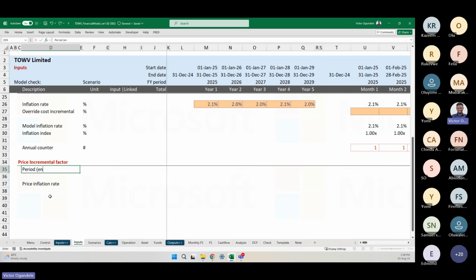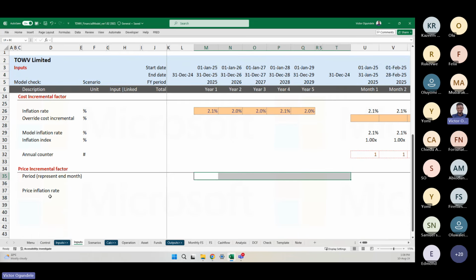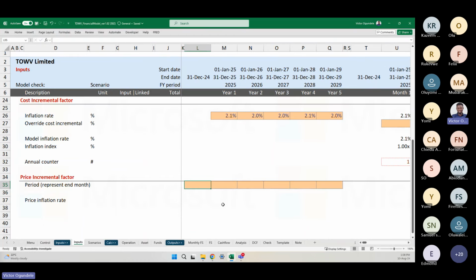So just a note for them to know that represents end month, and we can make room for, let's say, like 10. So 1 2 3 4 5 6 7 8 9 10. Okay, so because of our stuff, 1 2 3 4 5 6. So let's assume we create. So put your input sales start here, and what we want here is to have them put in a date for them to increase their